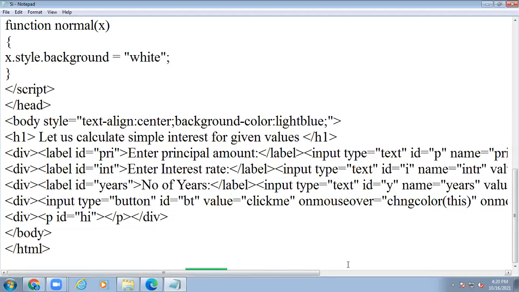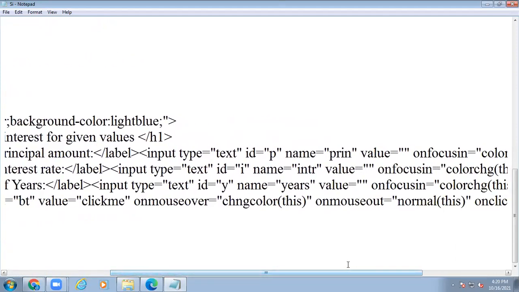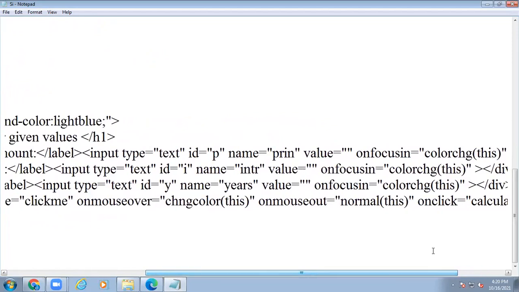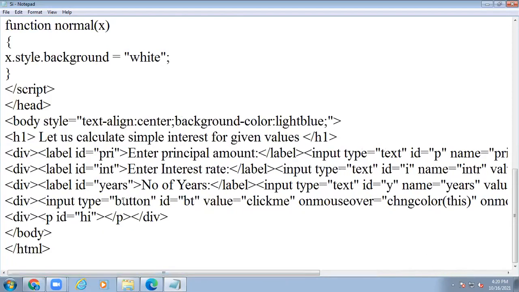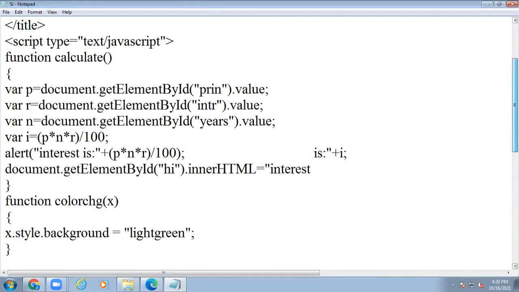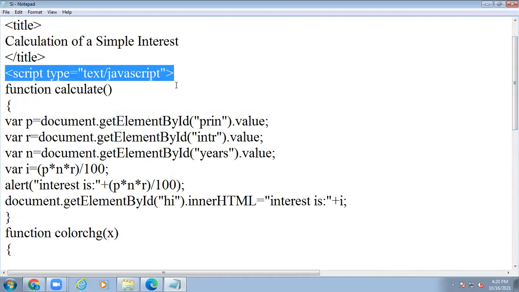Now you want to convert the static content into dynamic. So here you have to define some events, and whenever they occur, the functions you want will execute. All of these things you have to write in the script only. So now we have to move on to the script. See here, script type equal to text/JavaScript.